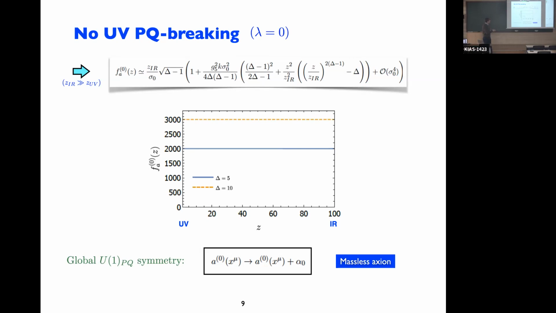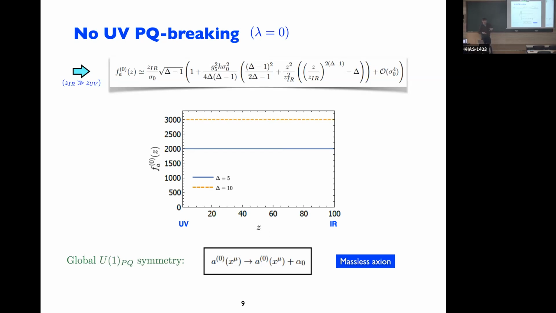And you can also check that in the low energy theory, the global U(1) Peccei-Quinn symmetry is non-linearly realized as the shift. You see the shift, and that's why the axion is massless. So that's your starting point now. You've put in all the correct boundary conditions. And now what I'm going to do is turn on the maximal violation on the UV boundary